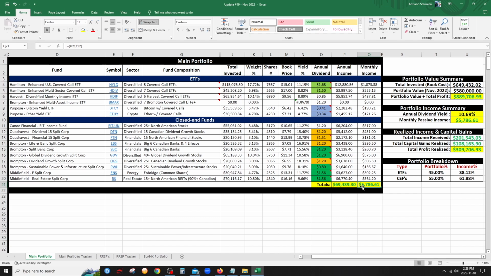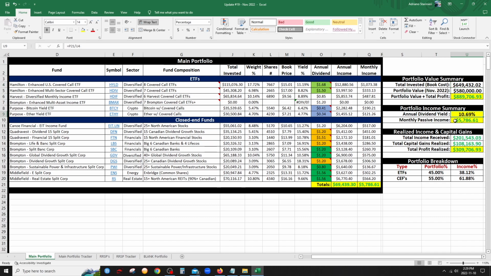Basically, so 57.86 is my monthly passive income. You see that here. My overall dividend yield is based not on the share price now, but based on my book price. Okay, very important. This is my yield, not the current yield of the funds. So it's basically my book price, or my total book price, which is 649,000 in this unveil here,